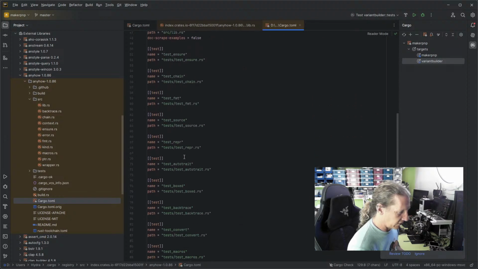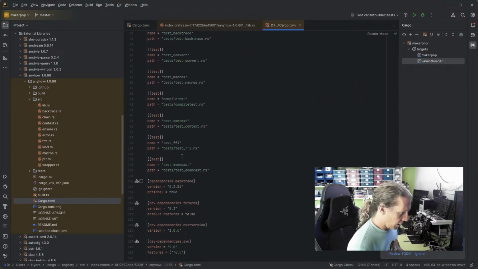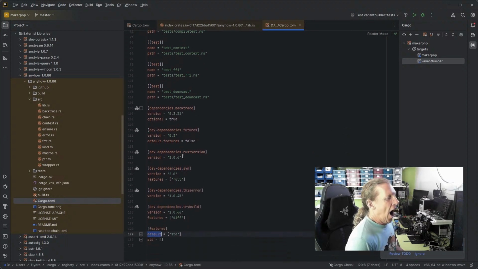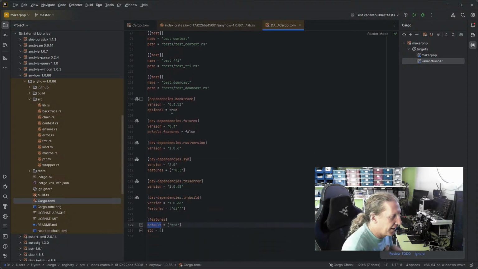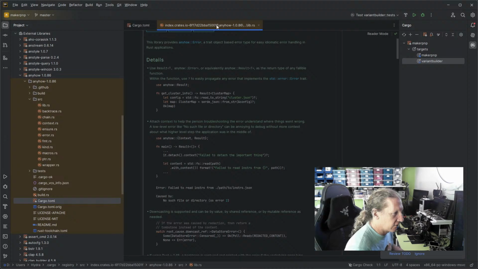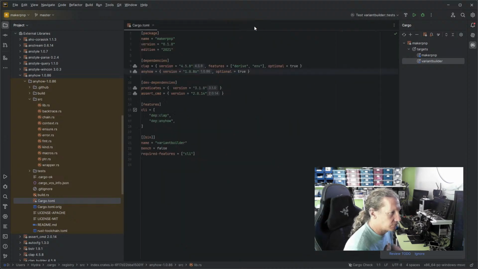And it doesn't seem totally hideous. Okay, and it's got backtrace. It kind of makes sense for anyhow. So anyhow doesn't look too bad. Okay, so let's look at